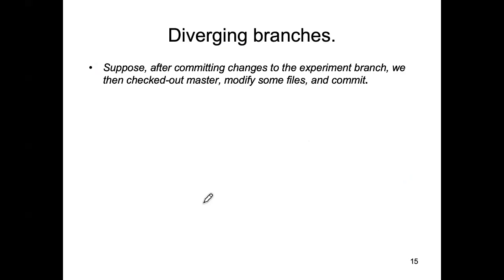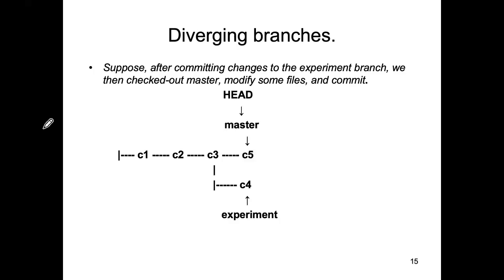Diverging branches is a common occurrence. So again, we've got a scenario. I think we're sticking with the same Git repository, Maria, the one with the master and experiment. So suppose after committing changes to the experiment branch, we then check out the master, make some modifications, and commit them. So visually,